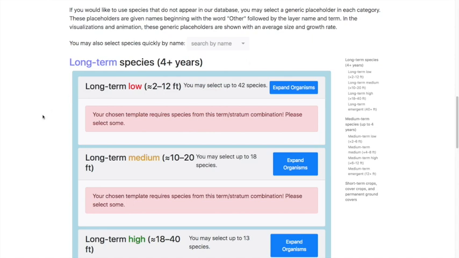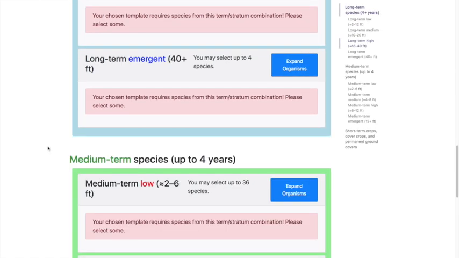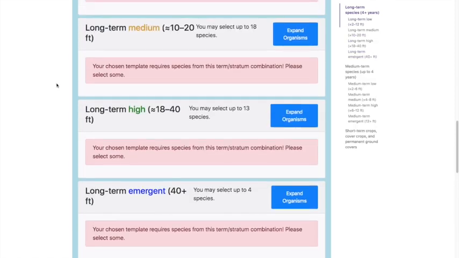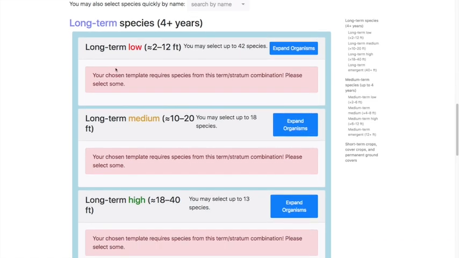The species selection has been broken up into 2 tables, long term and medium term. Each stratum contains information about the maximum range of growth for each species found within that category.